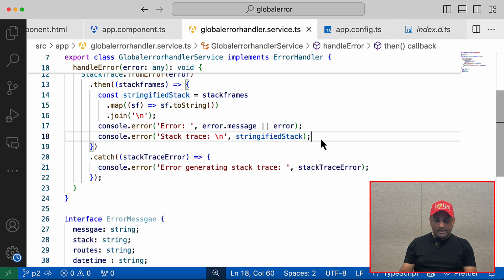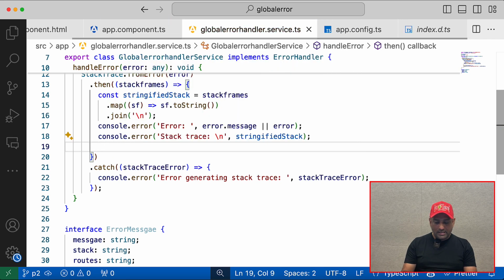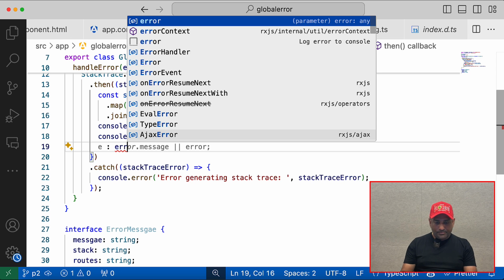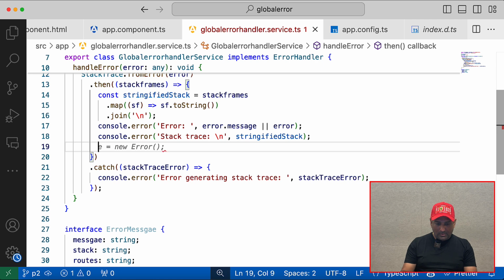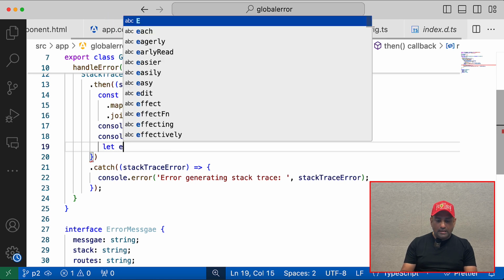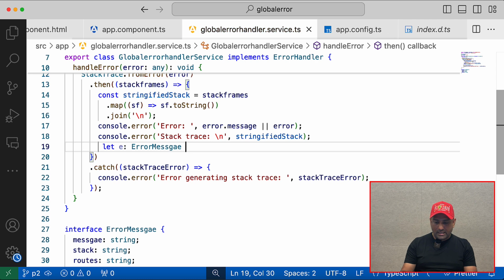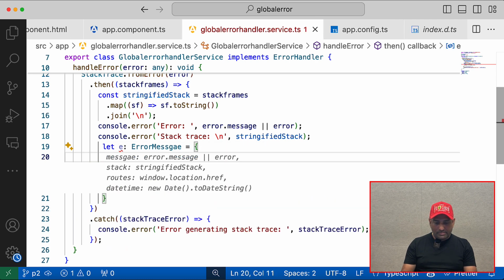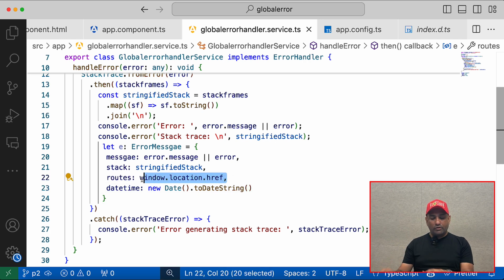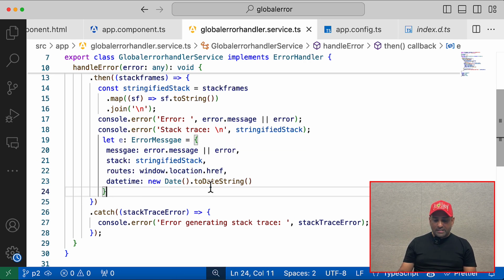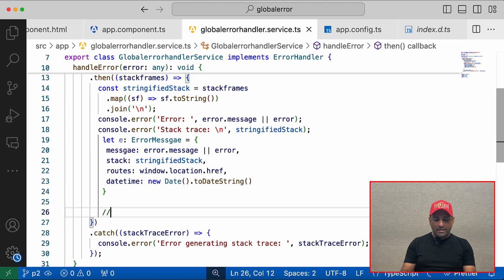And then you can go ahead and assign those messages, like you can say let e of ErrorMessage, and here you can say that message is error.message, stack string, route from window.location.href, or you can read that route from your router, and the date time. Once this message is done, then here you can just send it